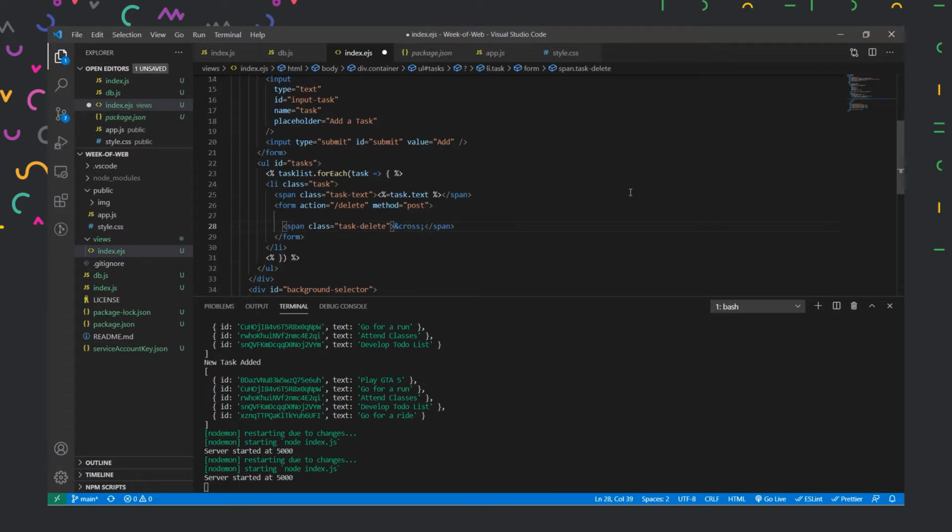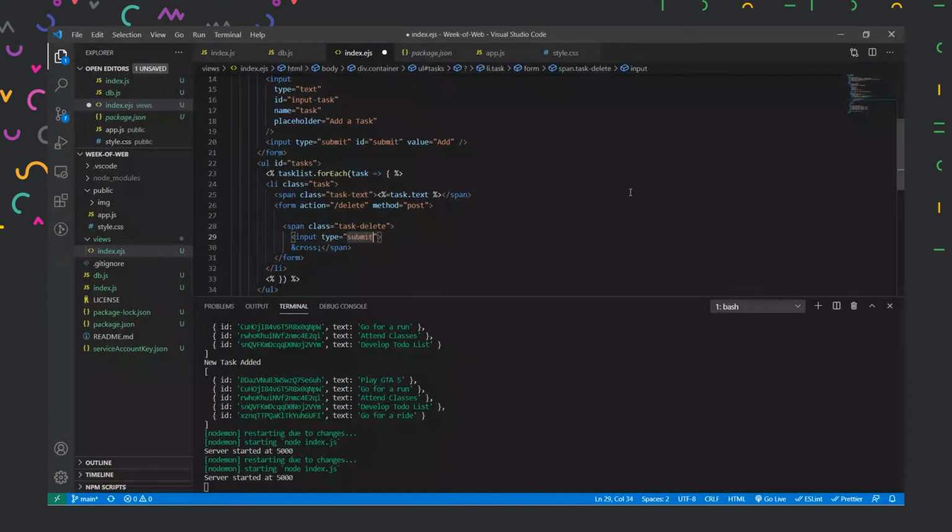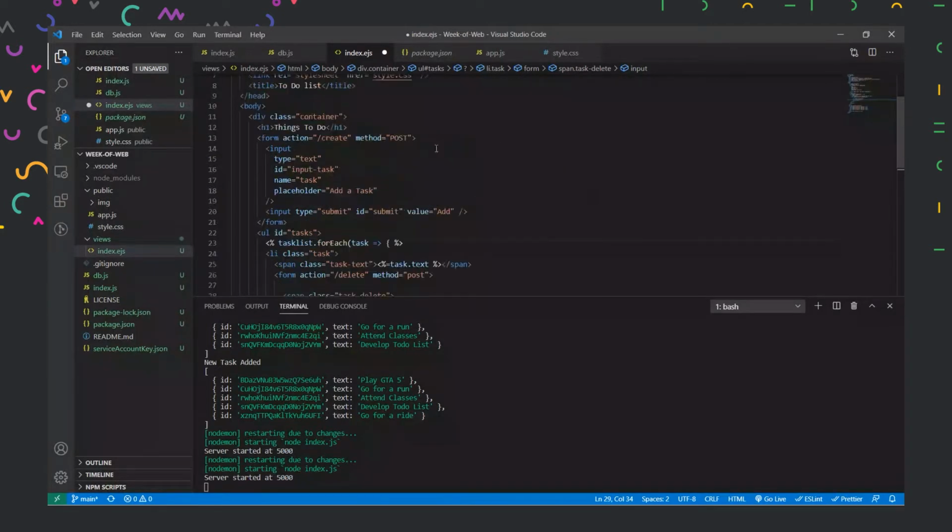So to do that, what we'll do is we'll just put input over here, and type equal to submit, right? So this cross button will act as your submit button, like this add button was acting as our input to this text form.